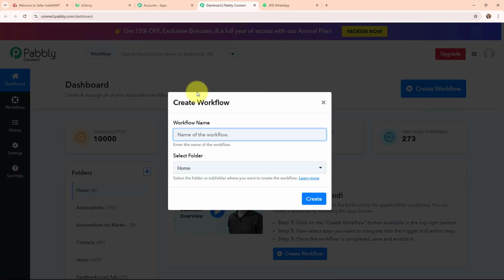Now here in this create workflow dialog box, I have to give a name to my workflow. So I'm going to give the name as send WhatsApp message to IndiaMART leads or inquiries for electronic system design and manufacturing. So here I've given a name to my workflow, and then here it is asking me to select